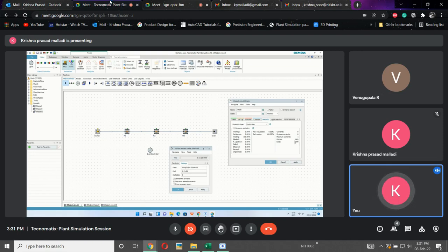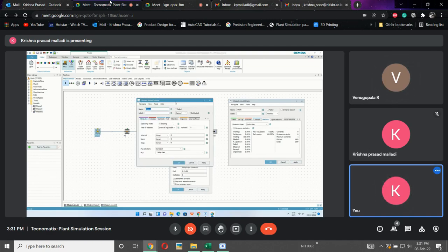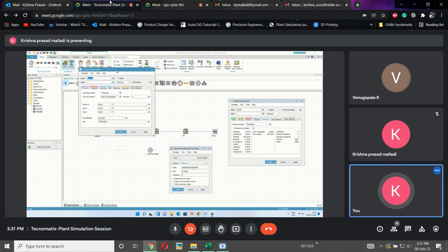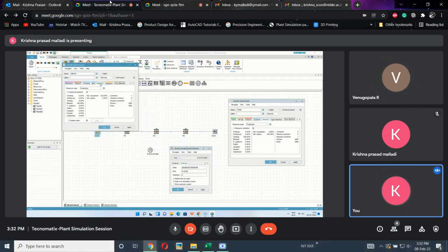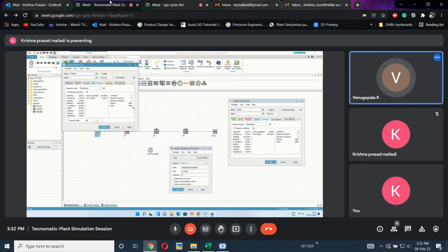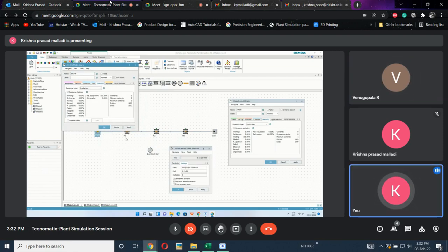In the drain, I have 1889 parts. But if I double click the source and open the statistics tab, there are 1892 parts. Why? Because three parts will be with these three machines, so those three parts will be the loss.